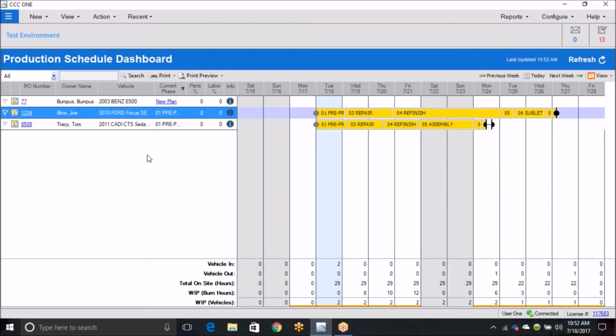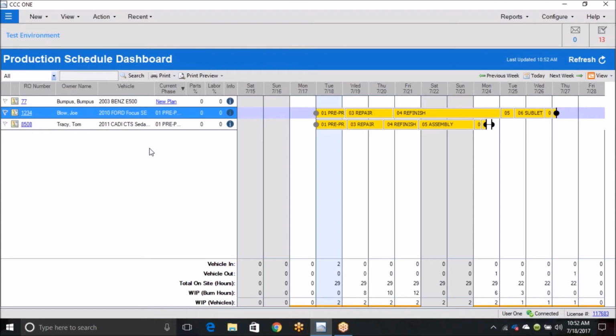All right, guys, how about some questions so far? So this is pertaining more to the estimator who's moving as the car is in progress? Yes. So after you would create the initial repair plan, either the estimator, or in some shops it would be like a production manager or the shop manager,